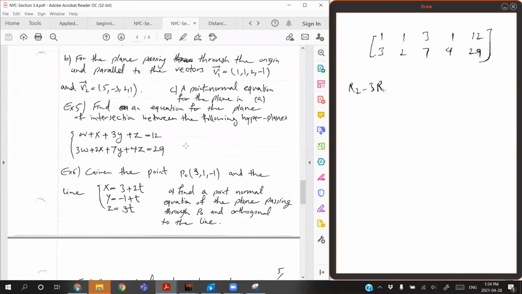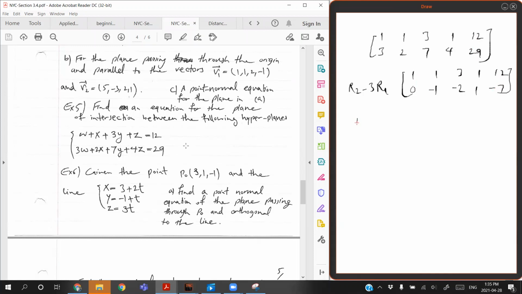R2 minus 3 R1. Row 1 is 1, 1, 3, 1, 12. Negative 3 times this added to this gives 0, negative 3 times this to this gives negative 1, negative 3 times this negative 9 added to this gives negative 2, negative 3 times this negative 3 added to this gives 1, negative 3 times this negative 36,